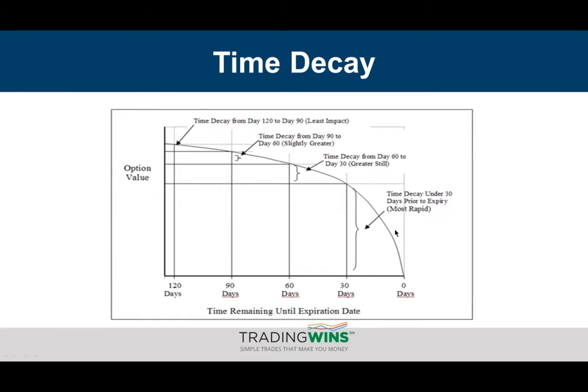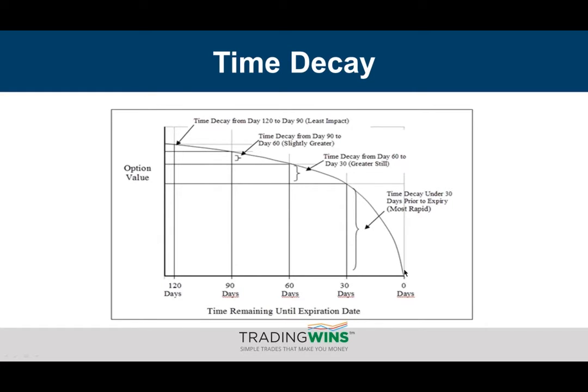So this is a time decay graph that I wanted to show you just to help you understand where you should be on here with your long options versus your short options. Whenever you buy a long option, it could be just a straight long call or a long put, you want as much time to expiration as possible. And the reason being is not only will it give you time for that underlying to make its move, but the longer the time to expiration, the slower that time value portion of your option premium will erode, okay?